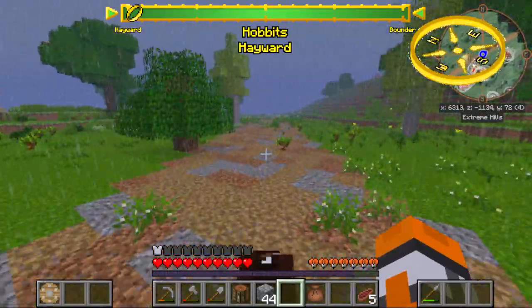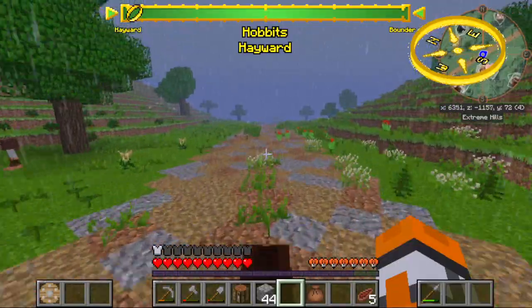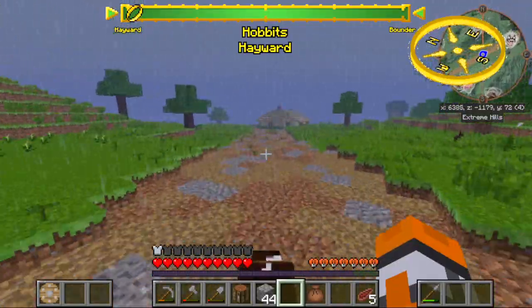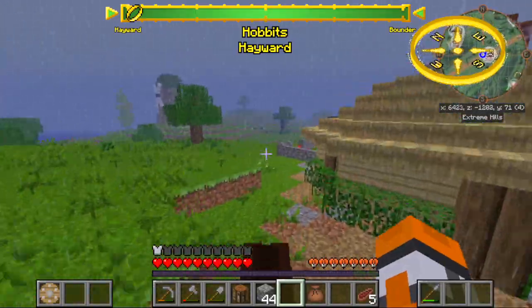So when we get out into the Lone-lands and other dangerous areas, I'm not going to take on any orcs or anything because we are currently neutral with them. You start off neutral with all of the different factions, including the hobbits as well. So I've had to build up my reputation to get as far as...